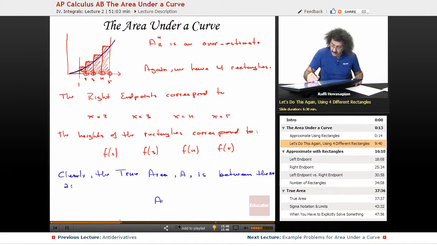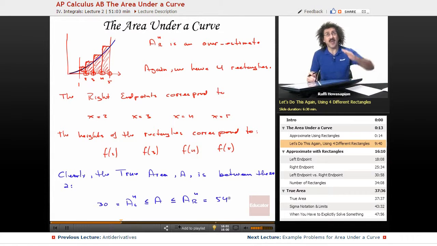In other words, the true area is less than or equal to A right and is greater than or equal to A left, 4 and 4. This one was 30, I believe, and this one was 54. So that much we know. So we know we have an upper limit, and we know we have a lower limit. We know that the area is going to be somewhere in between them. Okay,